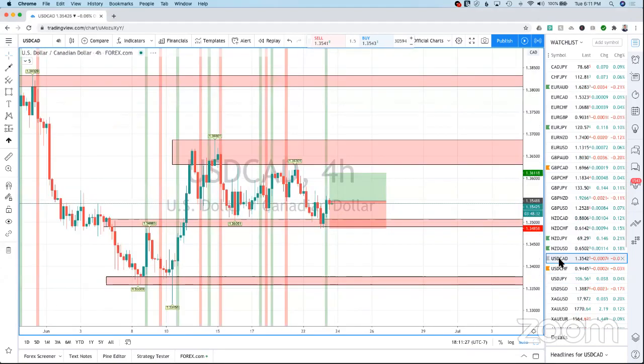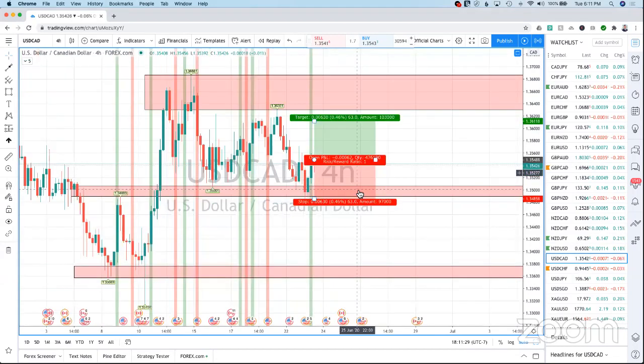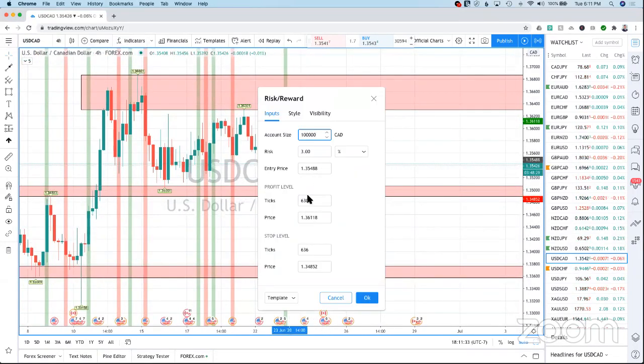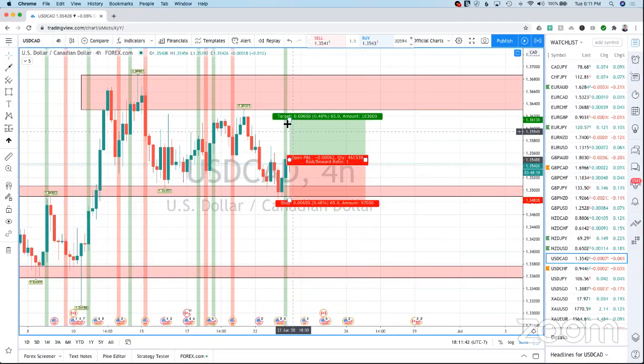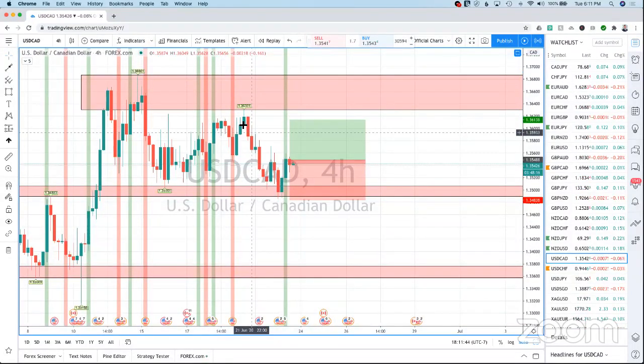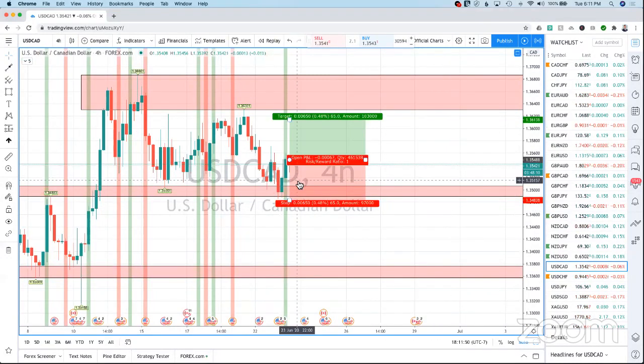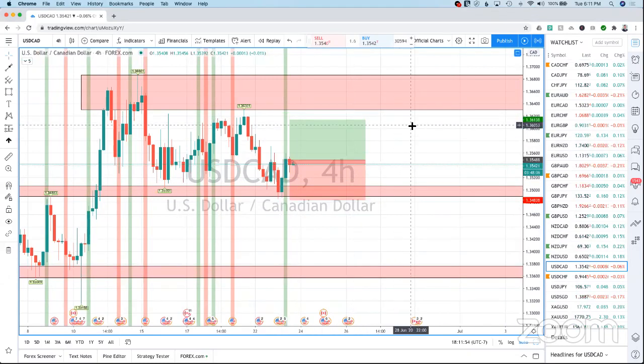The only possible entry would be UCAD right here. The only problem with UCAD is that it moves really slow, so it's a bit of a risky trade to take unless it's actually moving. So I'd probably put this at 65 pips. It looks like confinement. It looks okay. It doesn't look great, but it doesn't look bad either. So if you guys do want to take this trade, you can take it. But personally, I'm probably going to stay away from it until